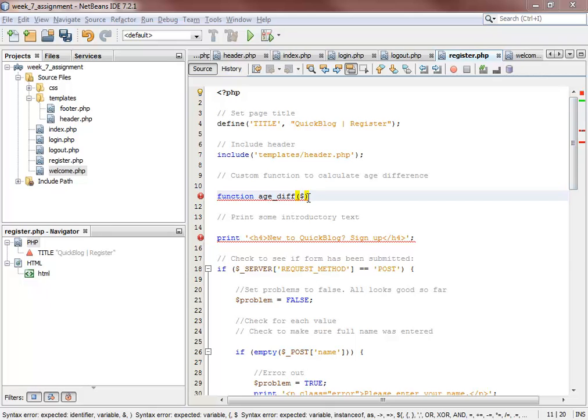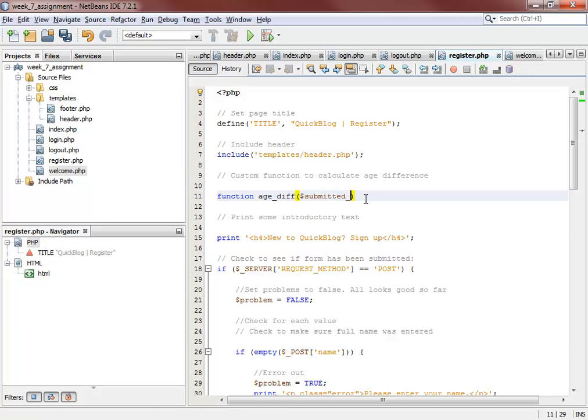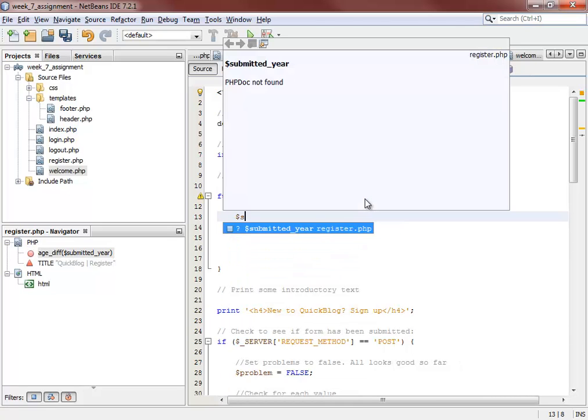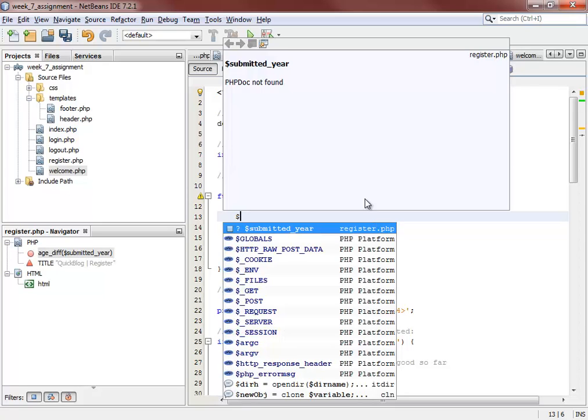We're going to give it an argument called submitted year. Give myself some extra spaces there. Alright, so my submitted year, I want to do a couple things. I want to do